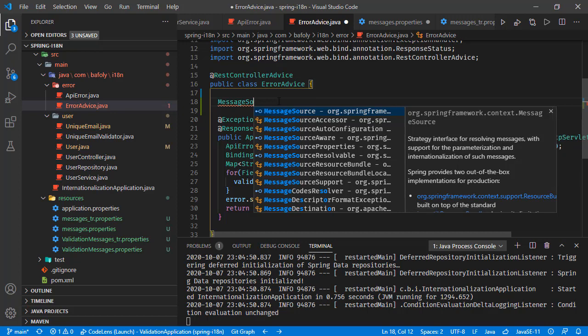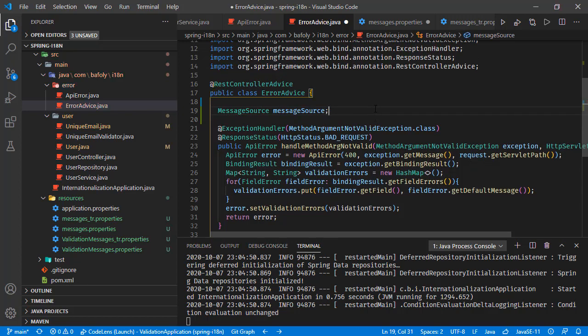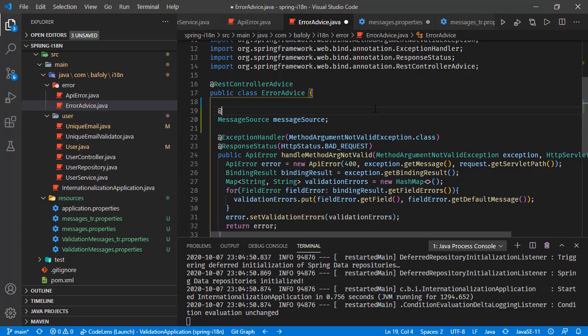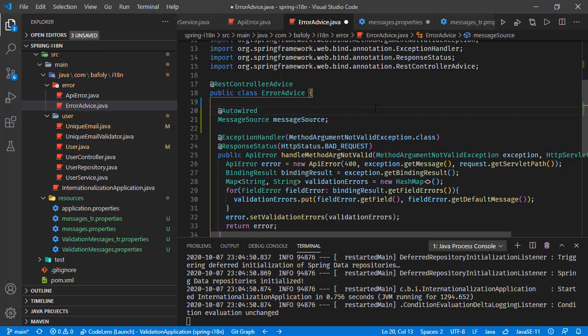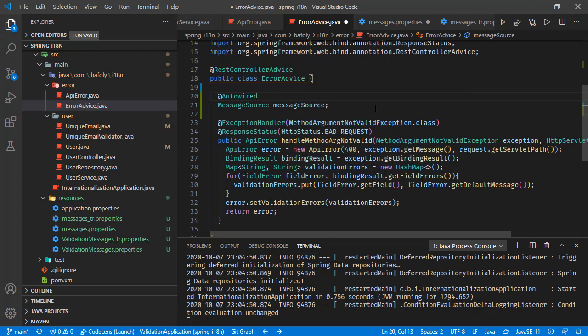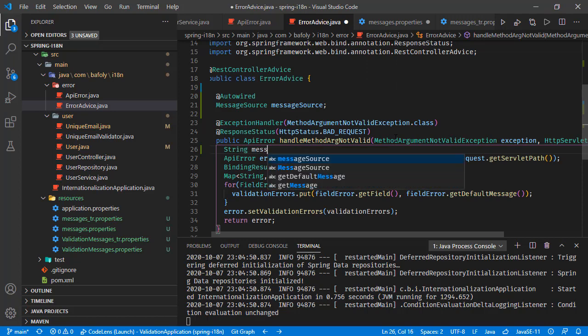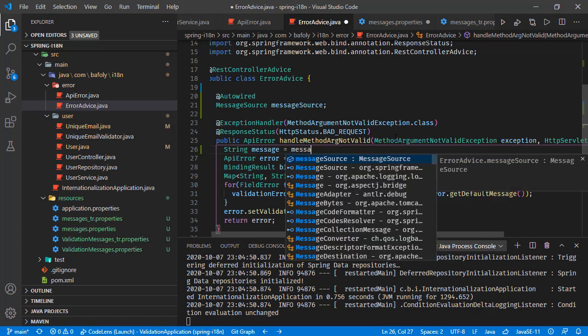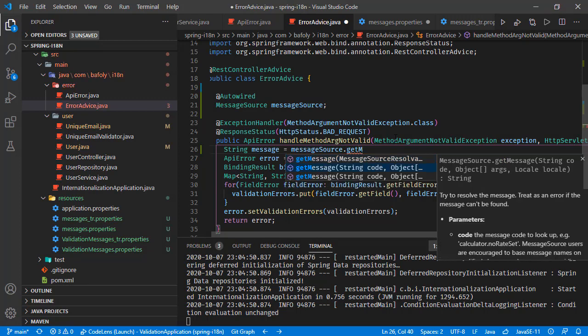So message source, this is coming with the Spring context, and we want to inject that one to this error advice with auto-wired, and we will get the translated string, let's say the message, by calling this message source get message function,